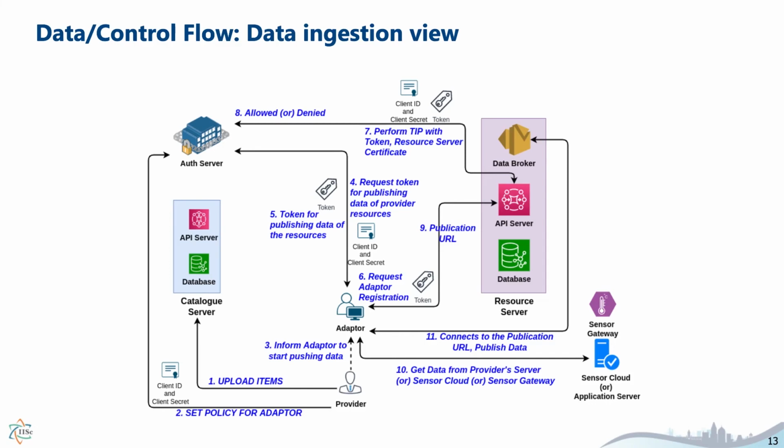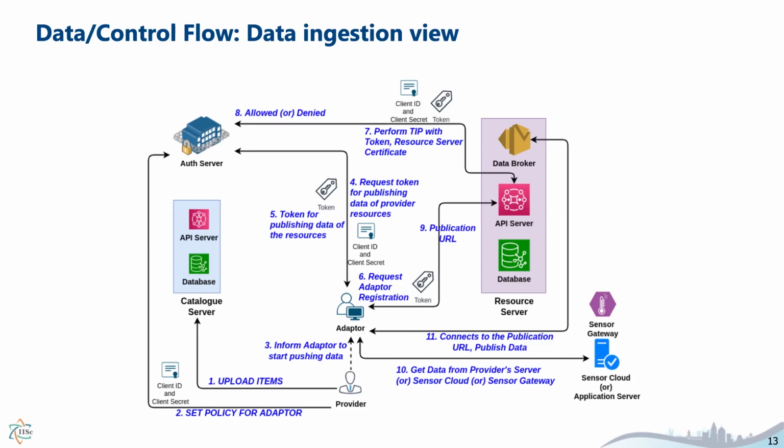Again, here we assume in step 1, the provider has already uploaded meta info into the catalog. In step 2, it sets access policy for the adapter to be able to publish data for its resource. Again, it uses client ID and client secret to authenticate with the auth server. Once it has set the policy, it informs the adapter in the out of band step 3, and the adapter then